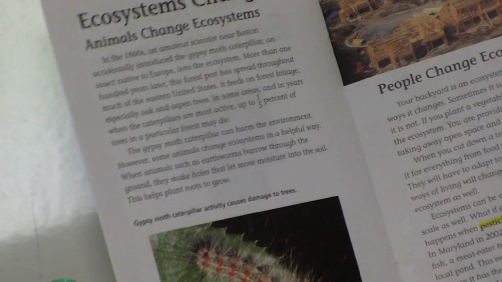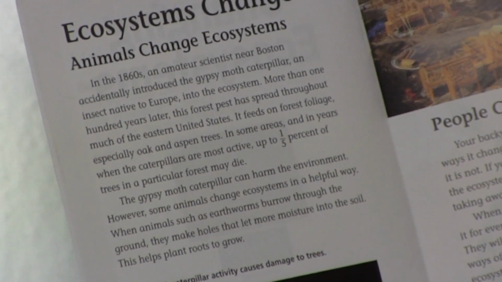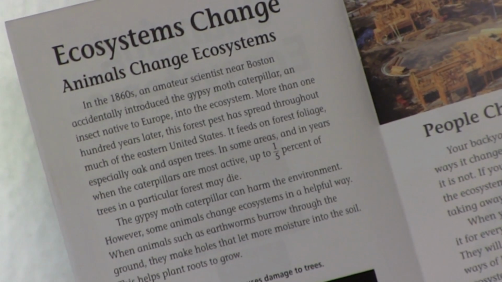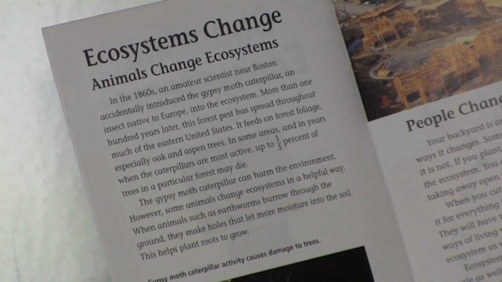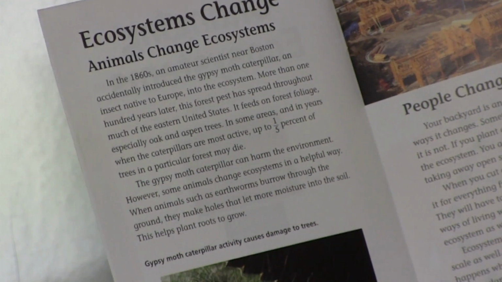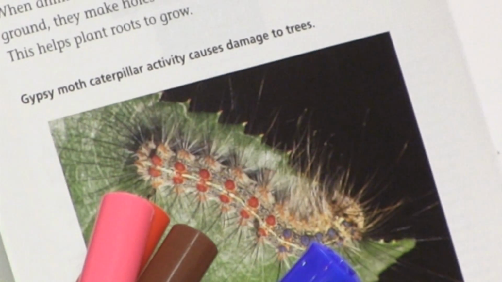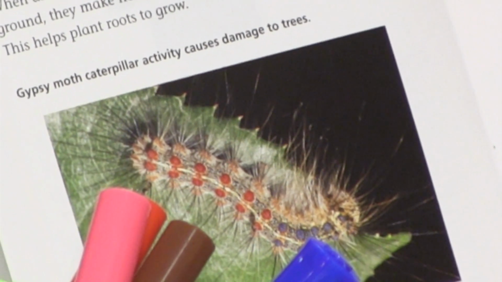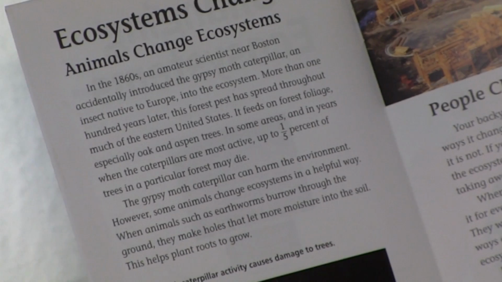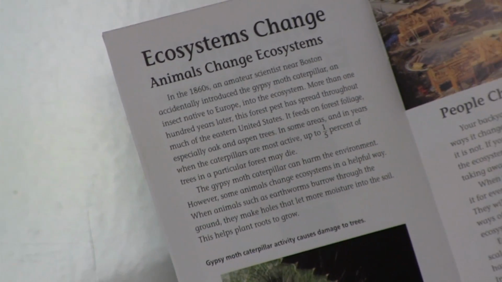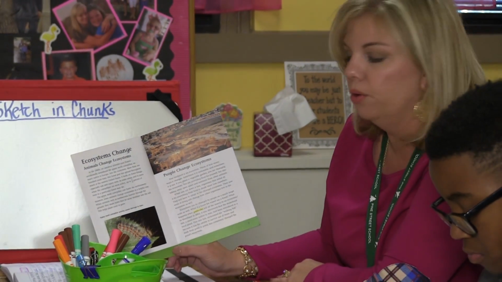So follow along. It says, in the 1860s, an amateur scientist near Boston accidentally introduced the gypsy moth caterpillar, an insect native to Europe, into the ecosystem. More than 100 years later, this forest pest has spread throughout much of the eastern United States. It feeds on the forest foliage, especially oak and aspen trees. In some areas, and in years when caterpillars are most active, up to 1/5% trees in a particular forest may